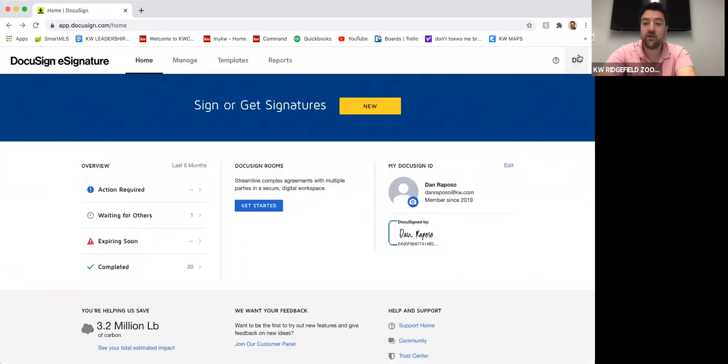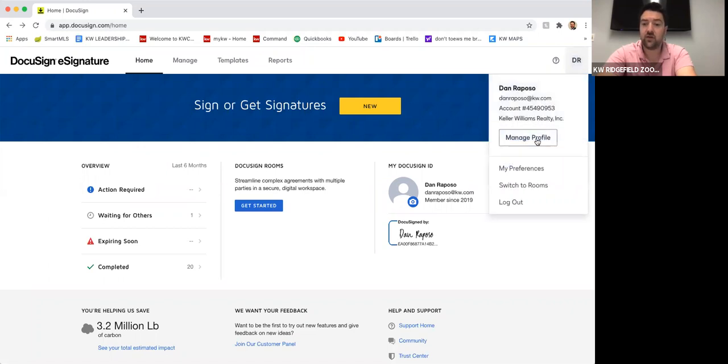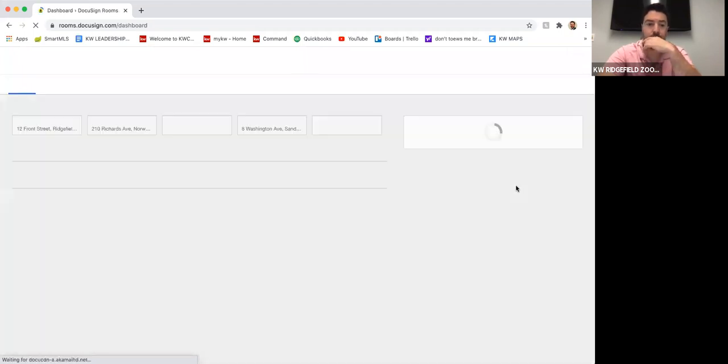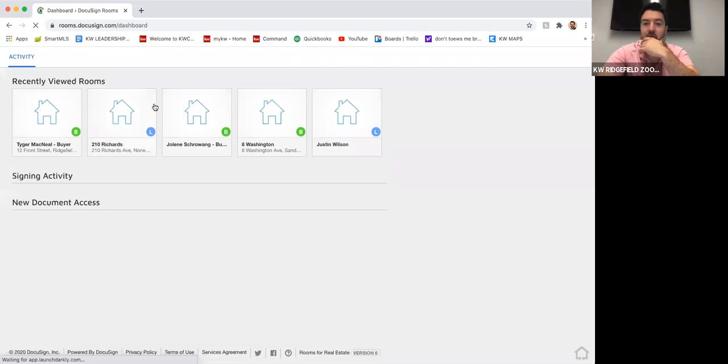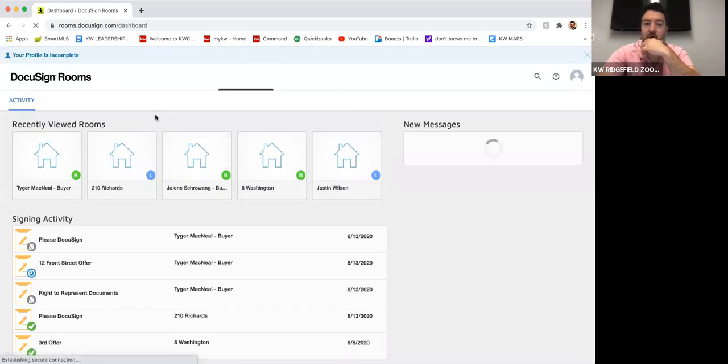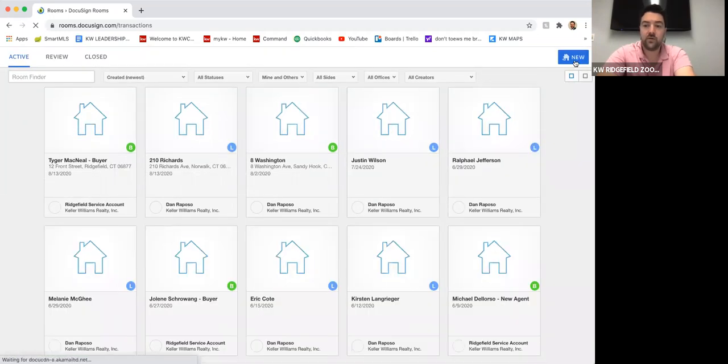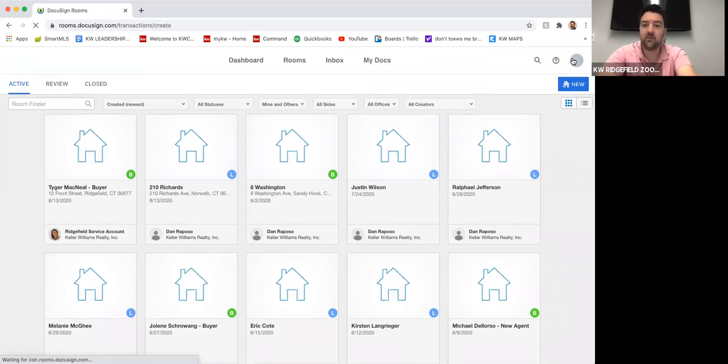So the other thing that you can do is go straight into rooms. If you click on your profile in the upper right, you go to switch to rooms. It now brings you to the DocuSign rooms, and you're back right where we were before. You can do everything the way we did before. The only difference is that when you click on rooms, it's not going to have all of the client details in there because you didn't come from Command. So when you go to create a new room,